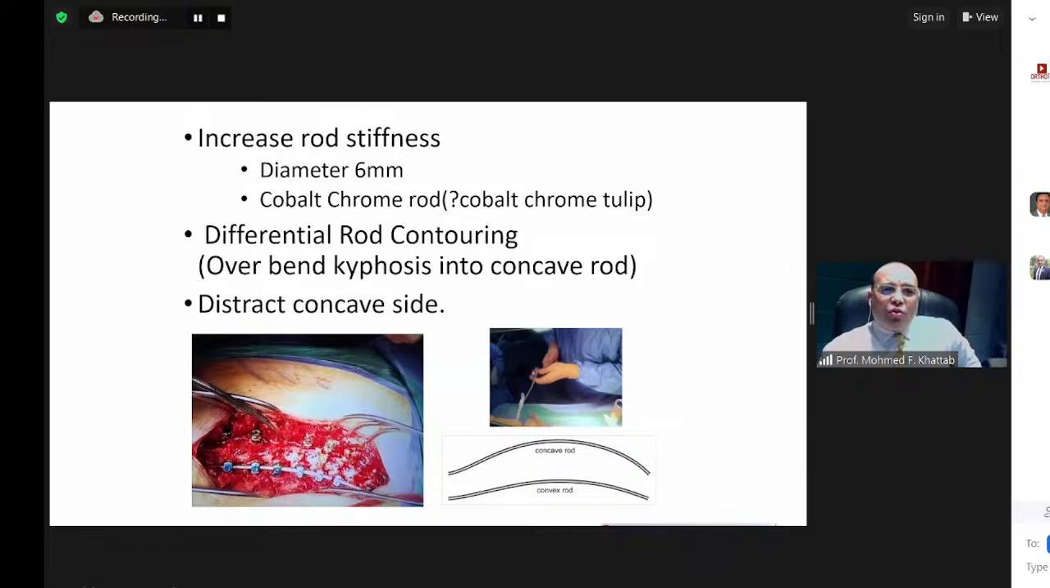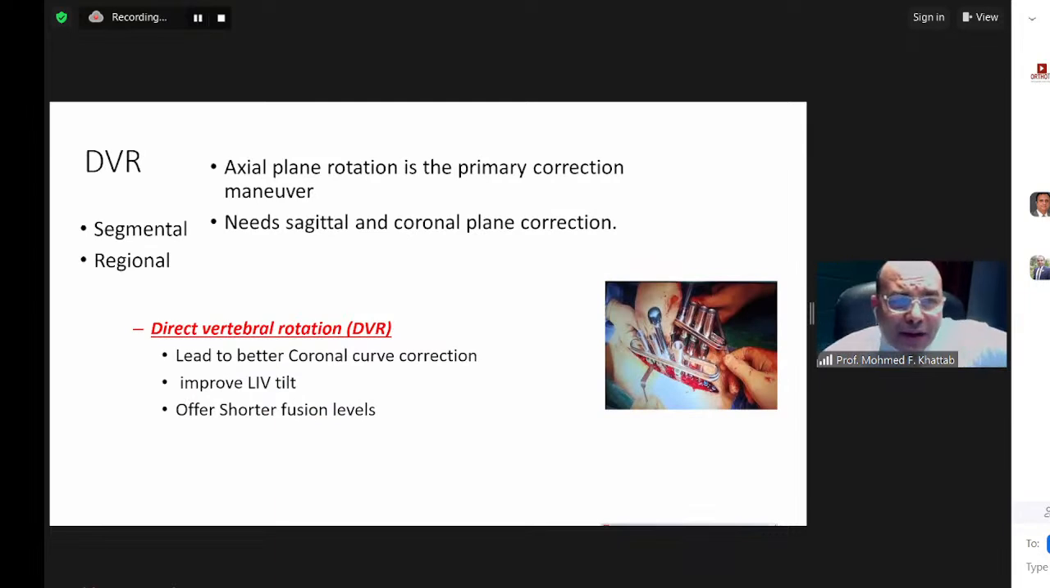You may need to increase the rod stiffness by using a 6 millimeter rod or some other metal types like cobalt chrome. And of course, differential rod contouring is mandatory to help you to do the derotation and correct the sagittal profile. And as I said before, I usually distract over the concave rod at the dorsal spine to help to create more kyphosis. Direct vertebral derotation can be done either segmental or regional after doing the release, the facetectomies